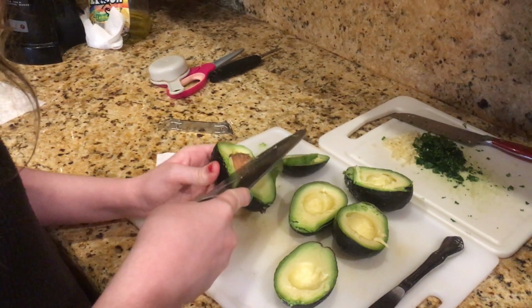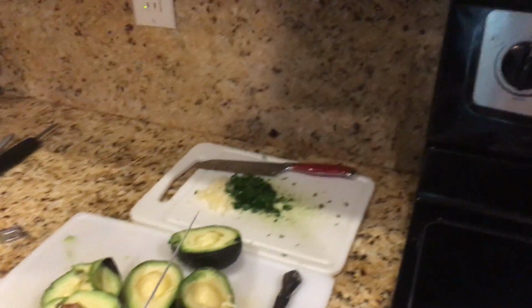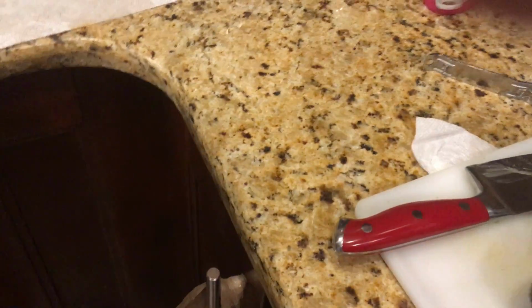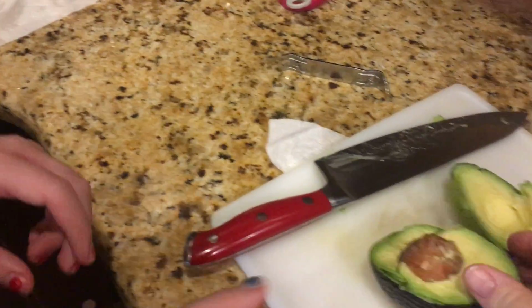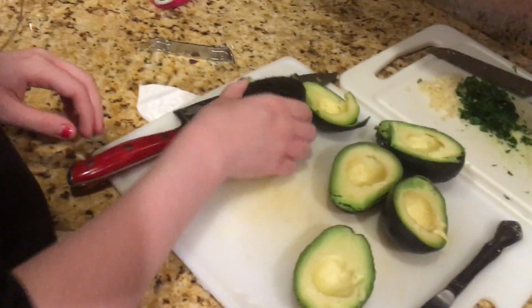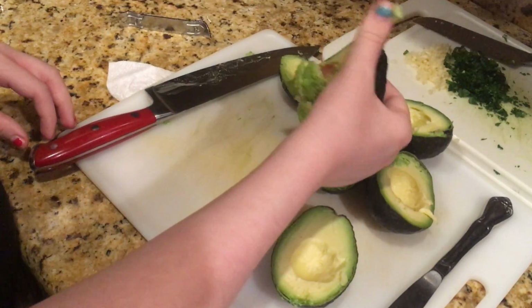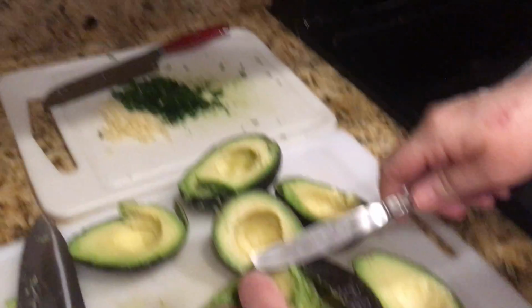Okay, because you got your finger that's kind of stopping your... Okay, you know, a safer way to do this, that's a great way. That's one way. There's other ways. What you can do, you can get a spoon, pick up this avocado and just give it a gentle squeeze and see if that pops out. Okay. Gentle squeeze. Don't mash it, just gentle. See? Here it comes. Okay? Yeah, that worked out so great. Okay. All right. Take your butter knife. Take your butter knife and just...